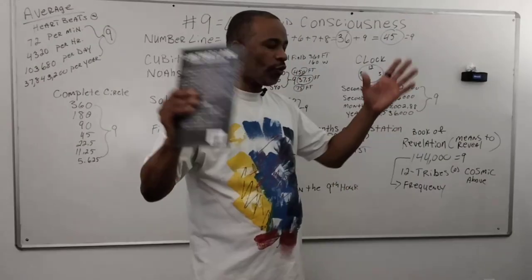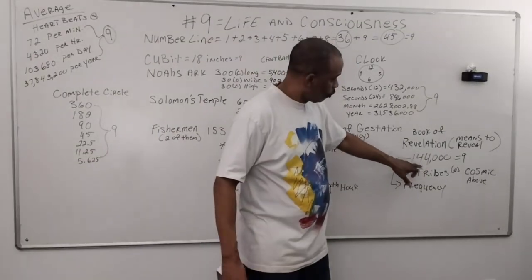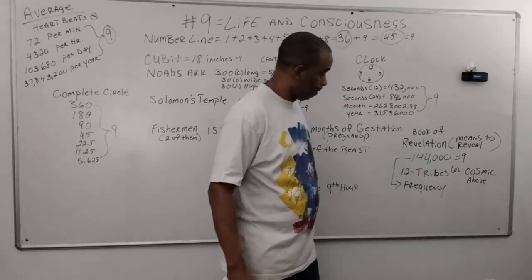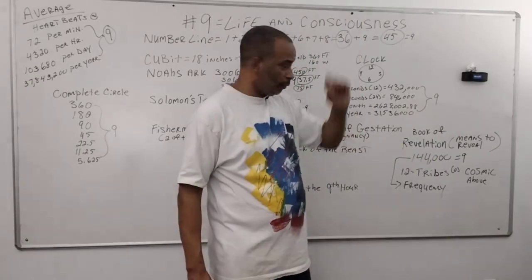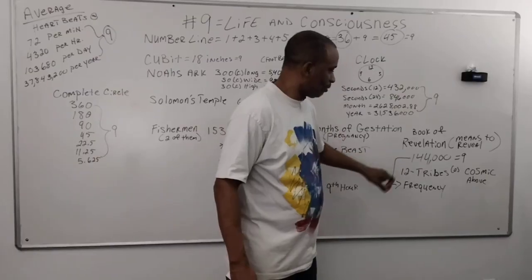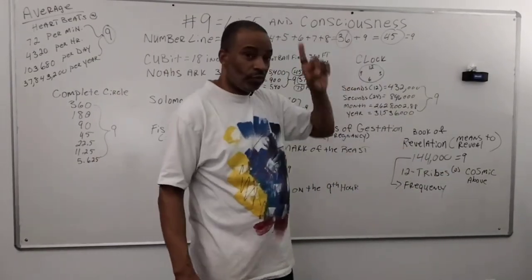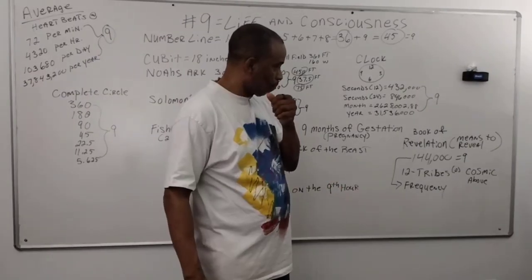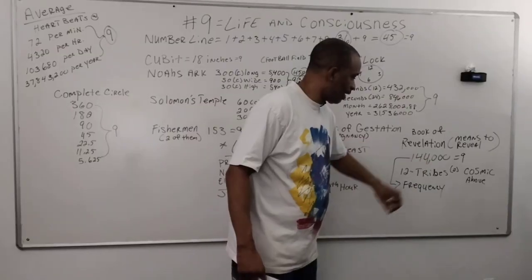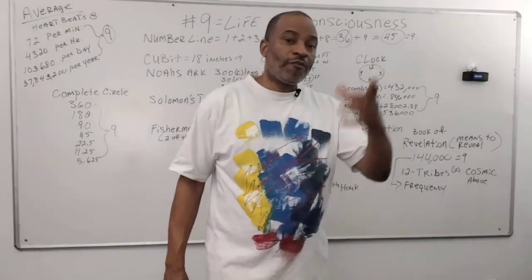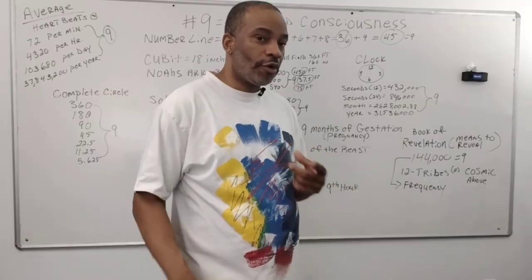So in Revelation, there were 144,000 saved. Again, 144,000. When you add the numbers up, you get 9. Okay? This is actually the cosmic above you. You have 12 tribes. You square the 12 tribes representing the cosmic forces of nature above you, the zodiacs. And that's how you get your 144,000. 144,000 is also the frequency of our DNA. Our DNA operates off of a frequency of 144,000.